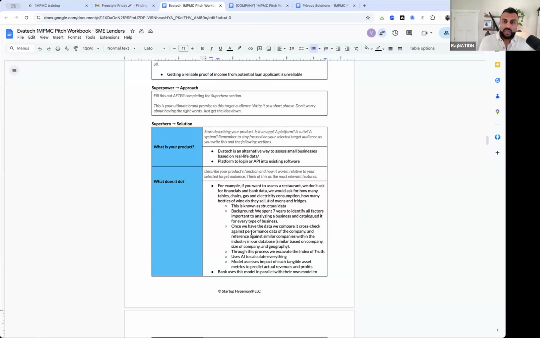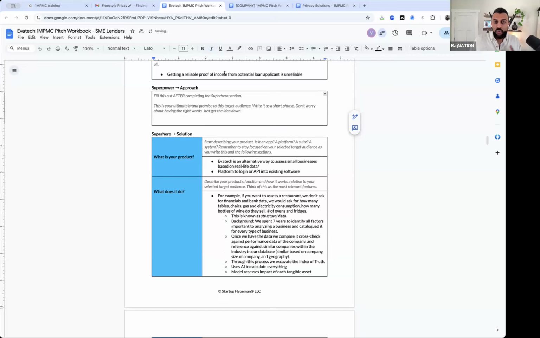Another example would be Corona, the beer. Their tagline is "Find your beach." It's not "100-calorie Mexican lager." It's "Find your beach." That's their big brand promise. Coca-Cola is "Open happiness." It's not packaged bottles of high fructose corn syrup with carbonation. It is "Open happiness." So again, I don't need to have the words figured out right now, but at a conceptual level, what would you say is the big brand promise of AvaTech to these lenders?